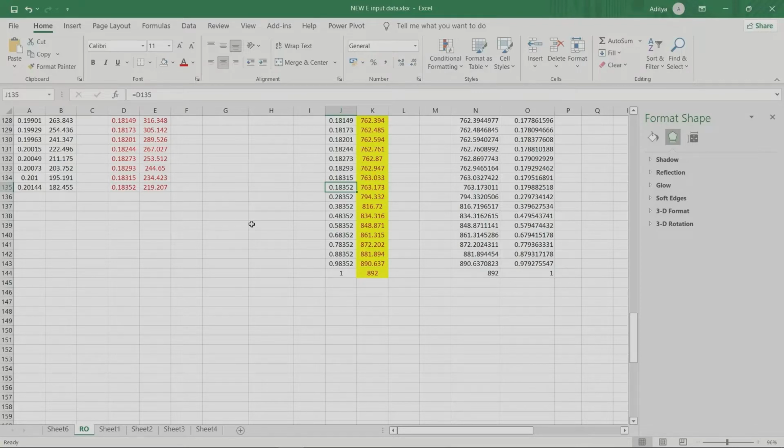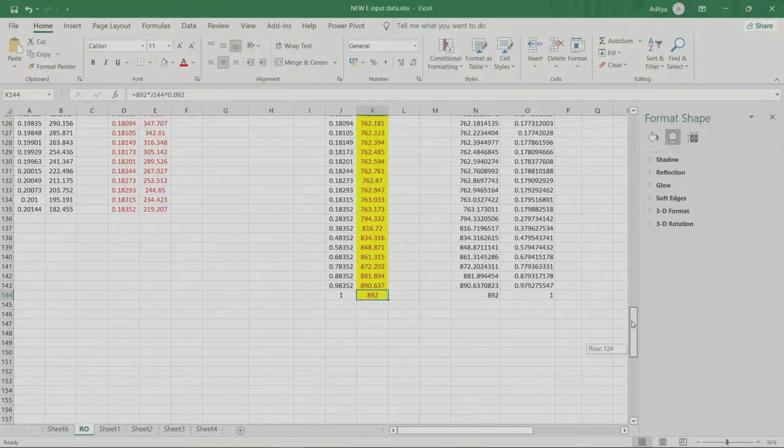Means stretching of the elements near the highly stressed area will feel more strain than the sites that are fixed or away from the high concentration gradient. So we will simply put data like 0.1, 0.2, 0.3, or we can add any data up to 1 or 1.5. Let's say up to 1, and you will extrapolate that data up to 1. So this will give you 1,892. That will be your original strength coefficient.